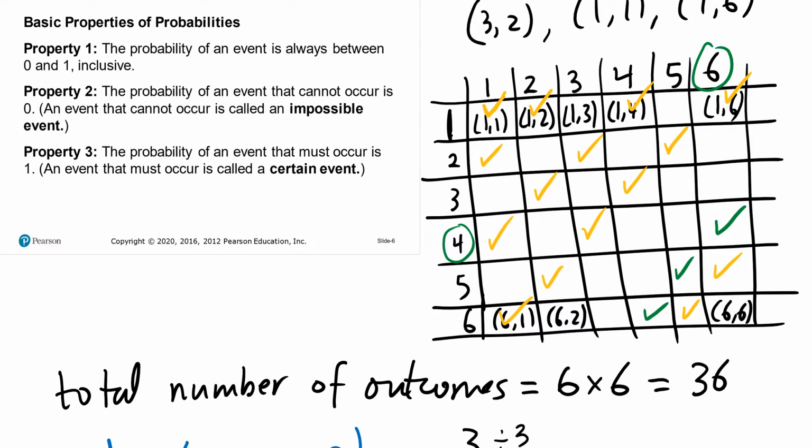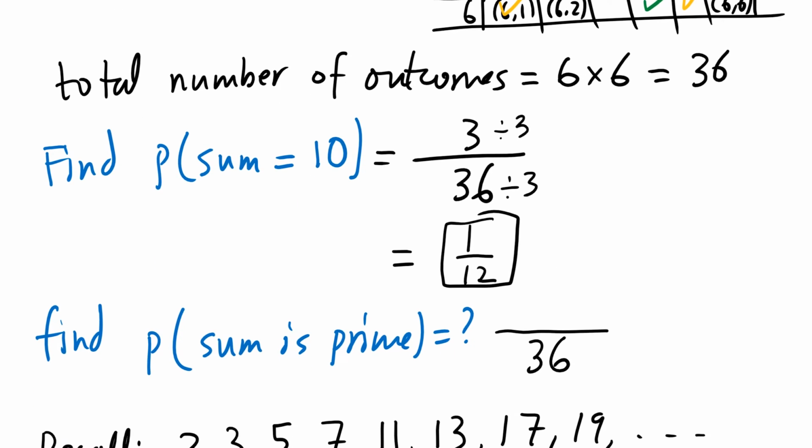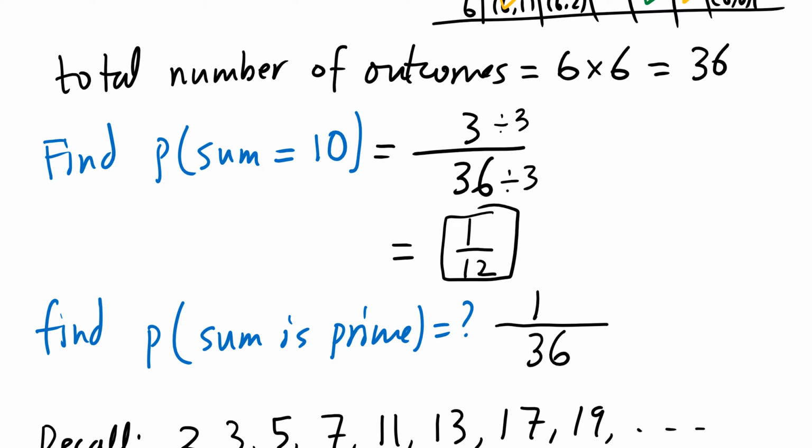Notice sometimes you see some patterns in the table. These check marks that I wrote down here, we got 6 along the main diagonal in the middle, and then there's 4 here, 10 and 13, 14, 15. So we have 15 possible outcomes in favor of the event. And guess what? These are both divisible by 3.